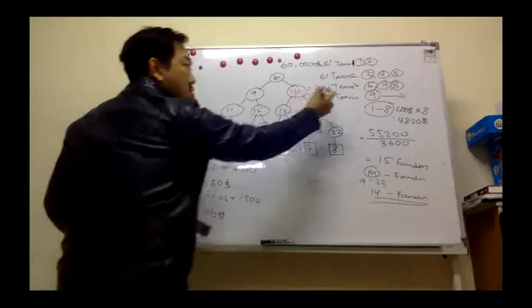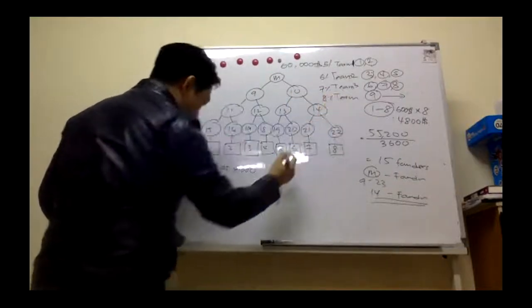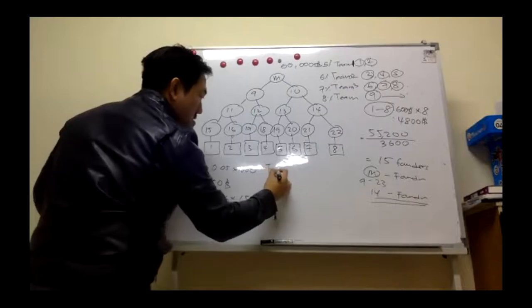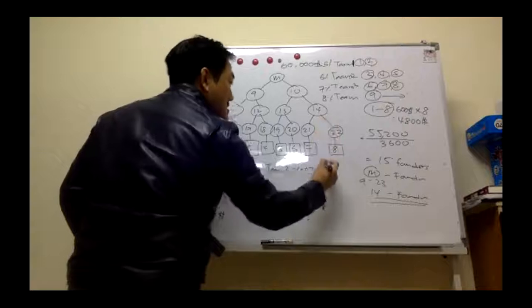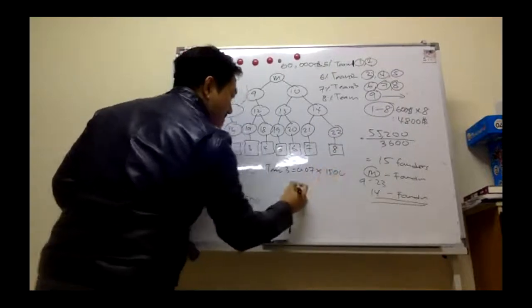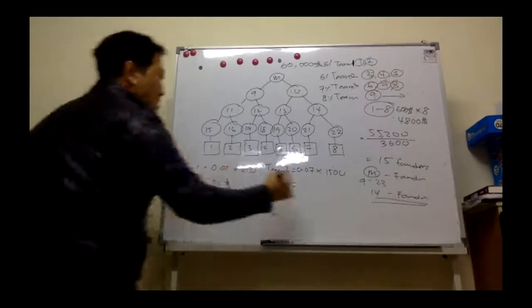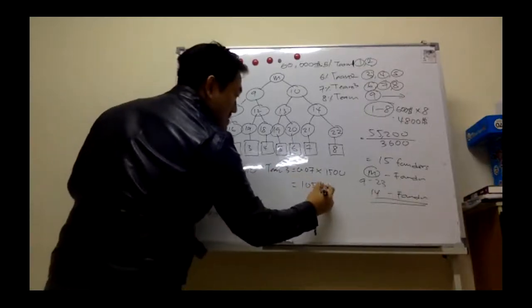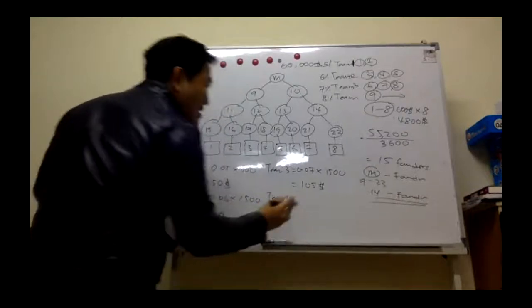Now from team 3, we make 7%. So that's team 3, 0.07 times 1,500. Let me see. That's $105. Now from team 4,